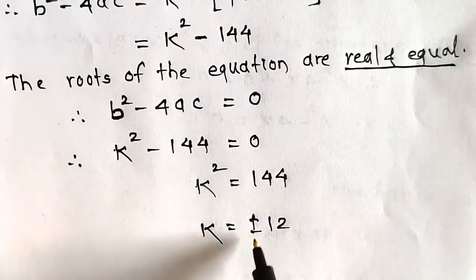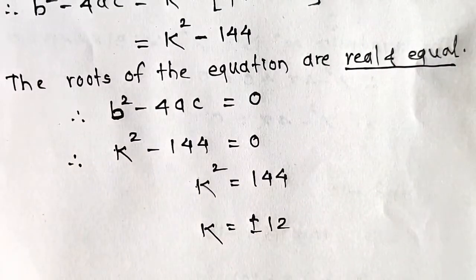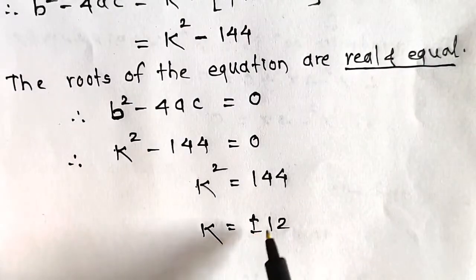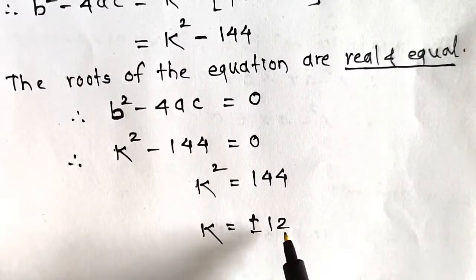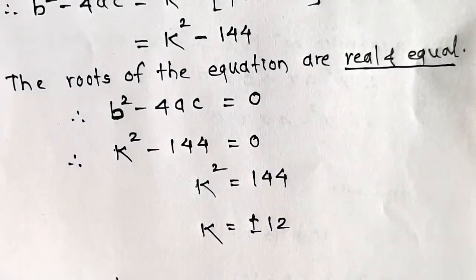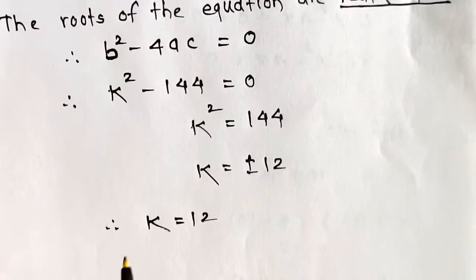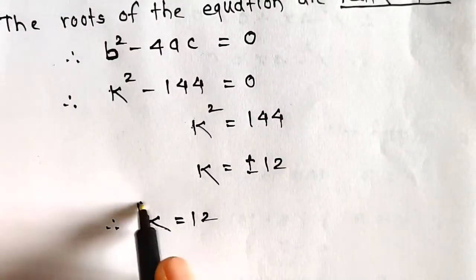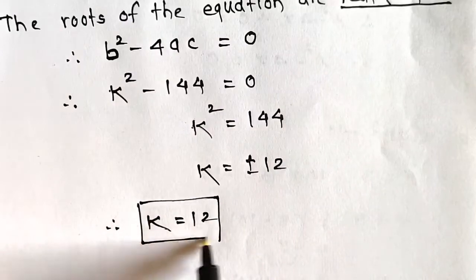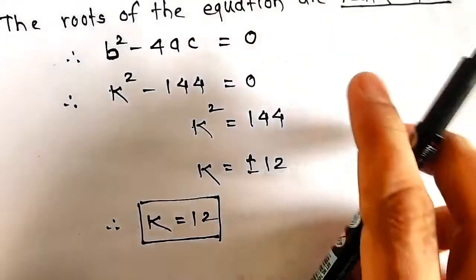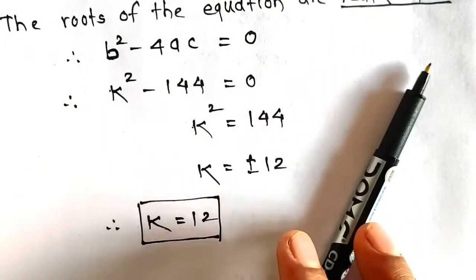So here 2 roots are there, plus minus 12, but we consider only the positive root. Therefore here it is 12. So we get k is equal to 12. So in this way we can find the value of k. So this is our exercise or practice